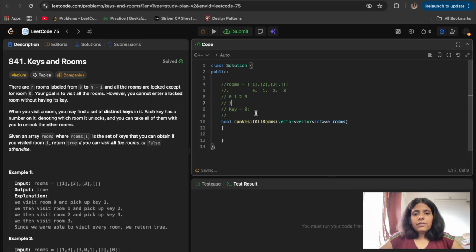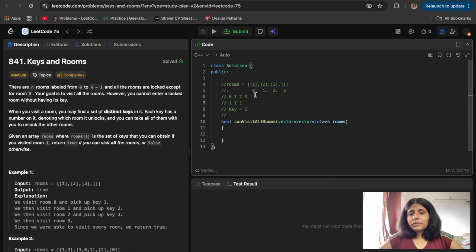When I went to that room I had key 1, so I'll take that key and enter room number 1, and as soon as I enter room number 1 I'll mark it as visited. Then I'll take the key from that room, which is 2, and visit room 2, and I'll mark that I have visited room 2 now.